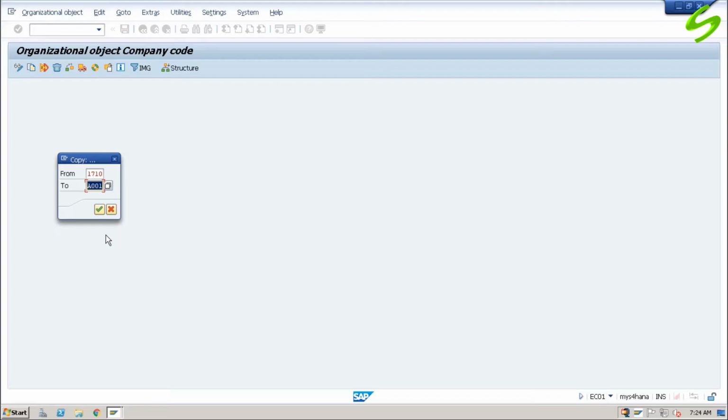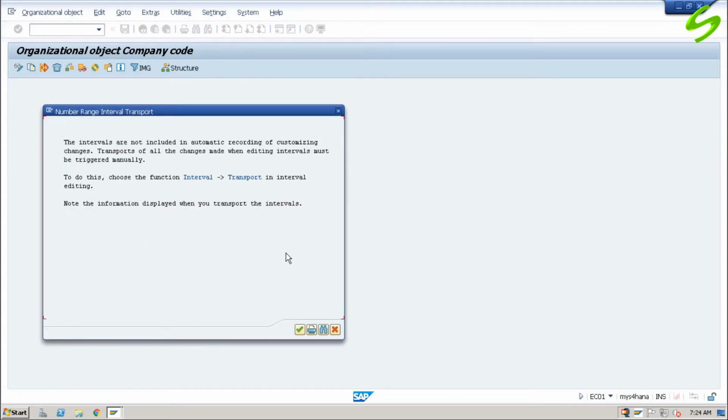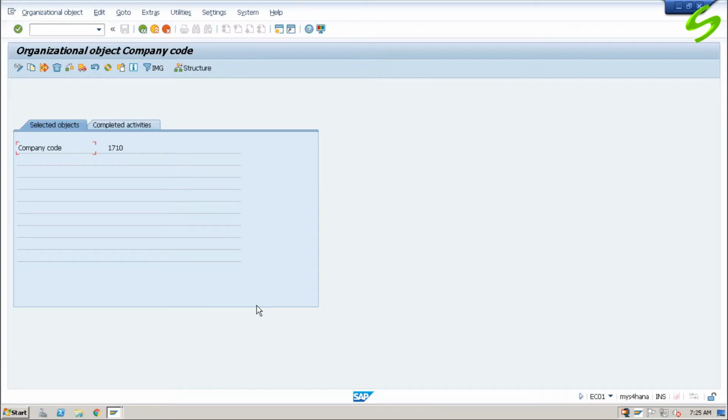Now SAP is ready to copy the company code. Click on copy. Continue. We have created company code A001 by copying it from 1710. Continue. Now let us go back